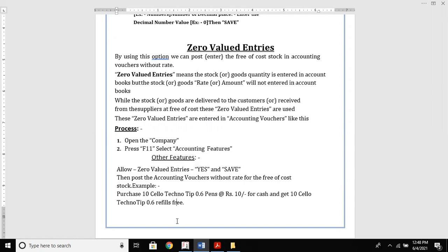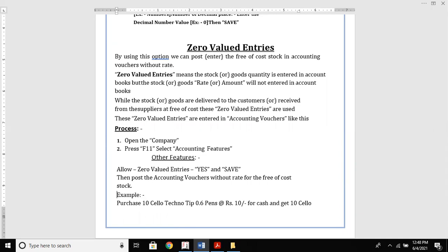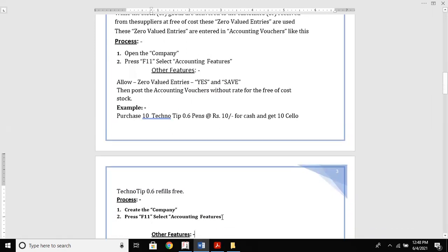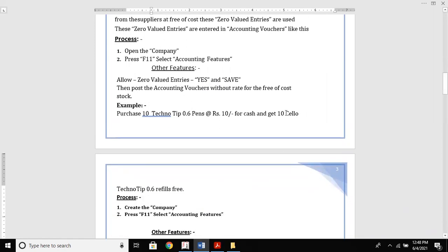Then post the accounting vouchers without the rate for the free of cost. For example, let's say purchase 10 Technotip pens by rupees 10 for cash and get 10 Cello Technotips for refills free.